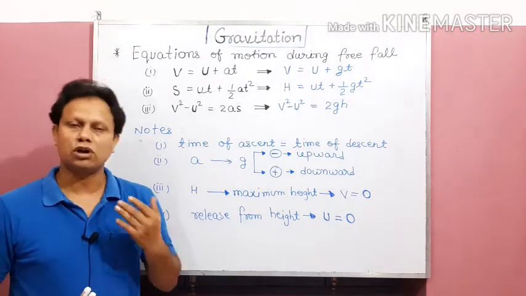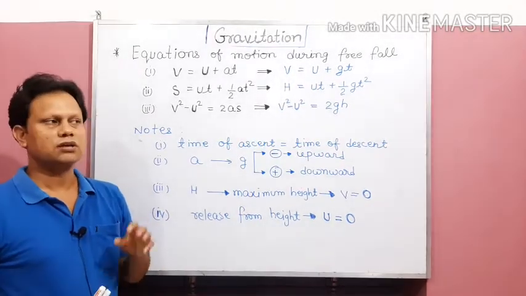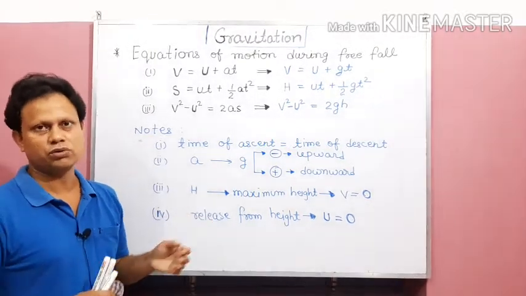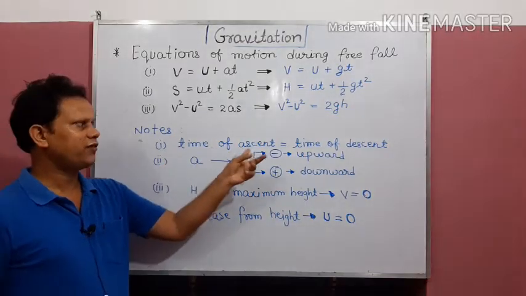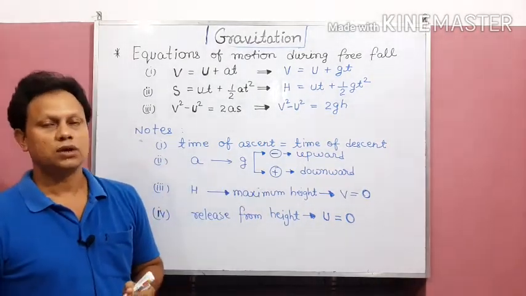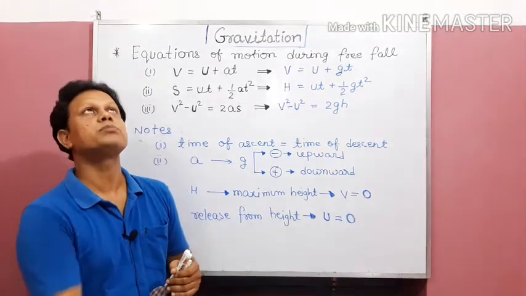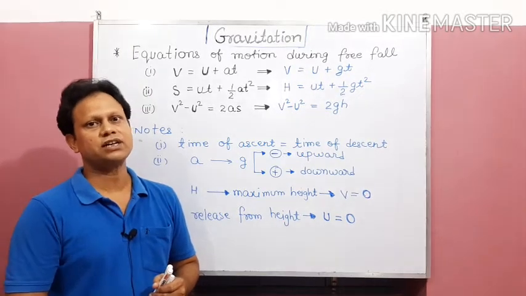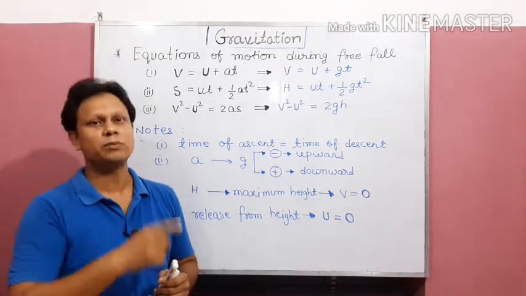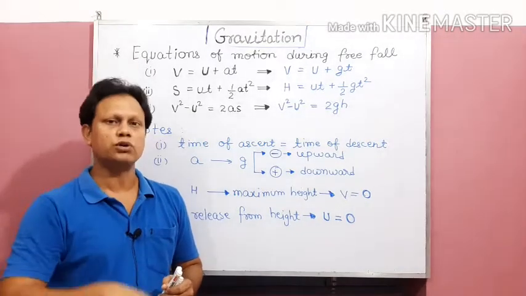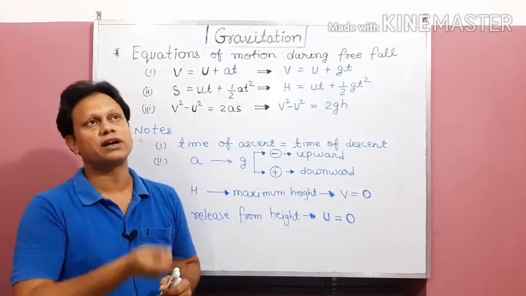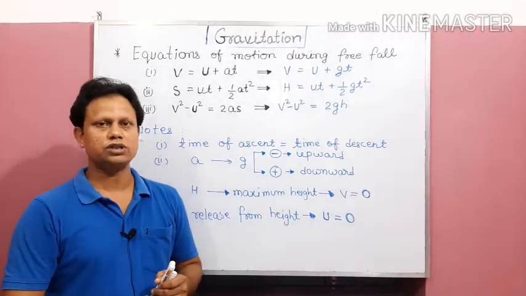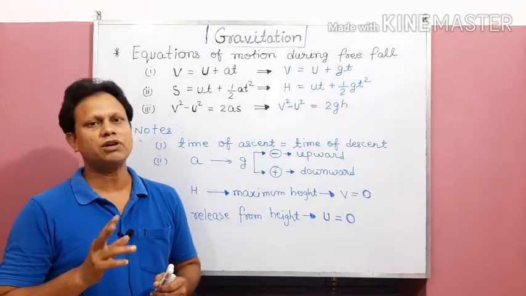Now, for solving the different types of free falling questions, there should be some common knowledge, which I have already mentioned to you. What is that common knowledge that we are going to understand? First, I have written: time of ascent is equal to time of descent. What does it mean? It means that when you throw something in the upward direction, it will come back also. Whatever time it has taken to go up to the maximum height, the same time it will take to fall down. The time in which it is rising up is called time of ascent, and the time in which the object is falling down to the earth is called time of descent, and both will remain the same.